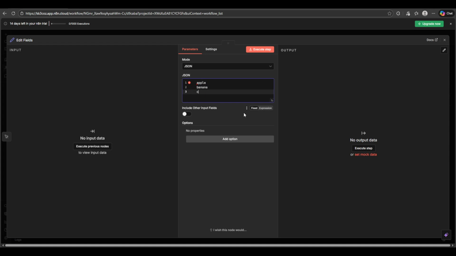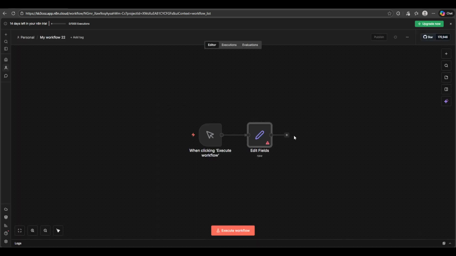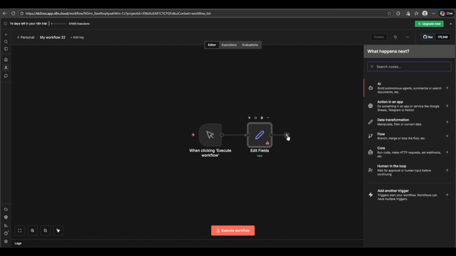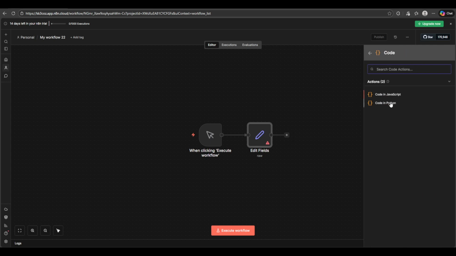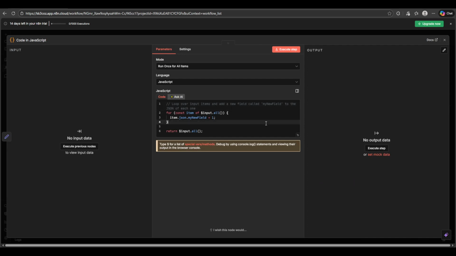Open the function node and in the code editor, paste something like this. return items.map(item => { const str = item.json.inputString || ''; const delimiter = ','; const arr = str.split(delimiter).map(s => s.trim()).filter(s => s.length > 0); item.json.outputArray = arr; return item; });